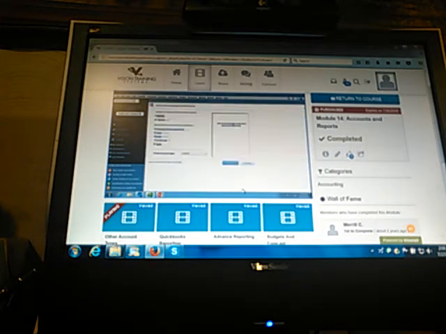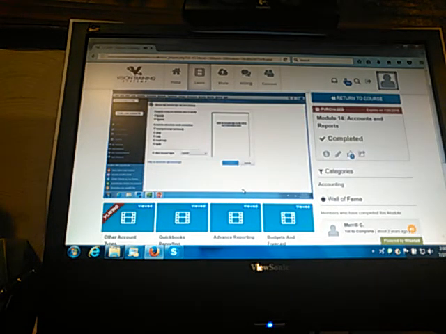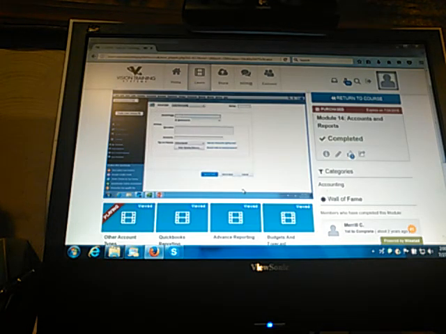We can create a new, let me see if that's in there, long term. Let's create a new vehicle. So we'll do a new vehicle loan. It's a long-term liability. Let's call this Ford loan. And let me just see what the account numbers